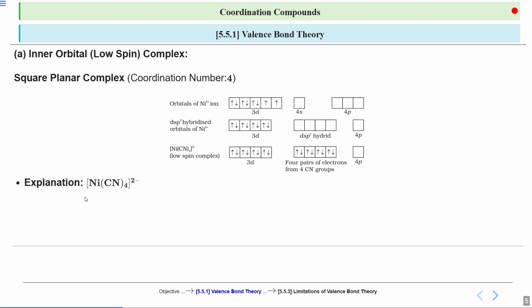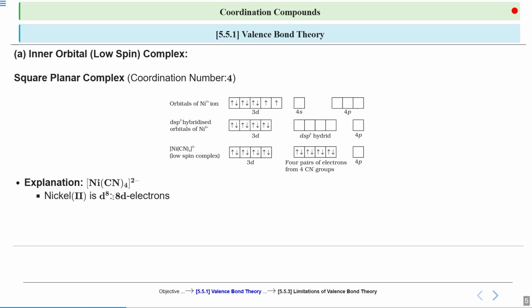Now let's see the explanation for this complex [Ni(CN)4]2-. Here nickel is the central metal ion, right? And the oxidation state of nickel here is +2. You can calculate that: cyanide has -1 oxidation state, so you are going to balance the charge. So x for nickel plus 4 times -1 for cyanide is equal to -2, the whole charge present on the complex. From there you can find the value of x, which is 4 minus 2, that is +2. So nickel has +2 oxidation state, and nickel in the +2 oxidation state has d8,